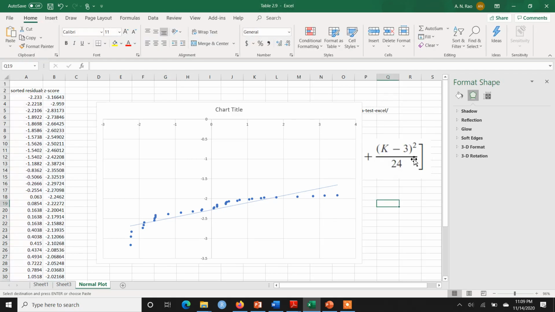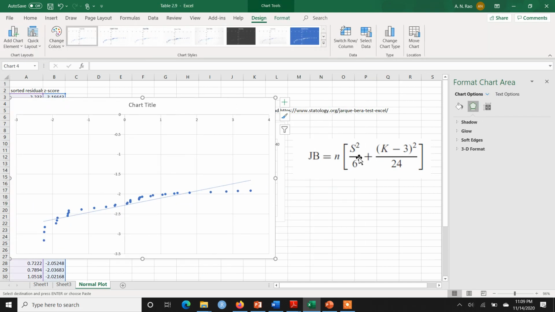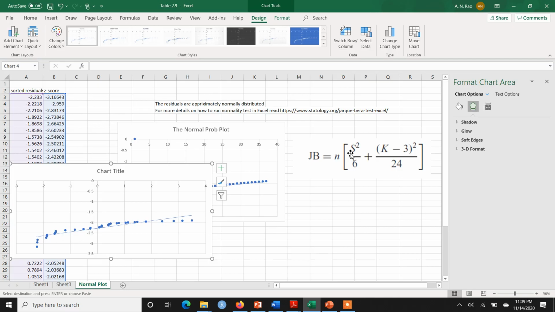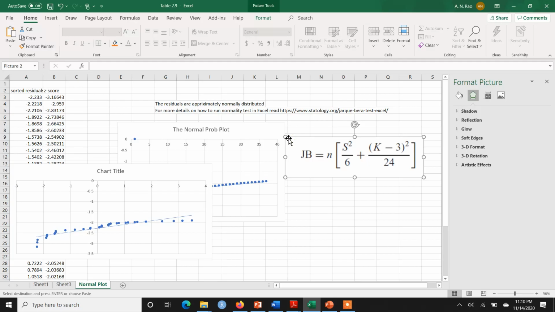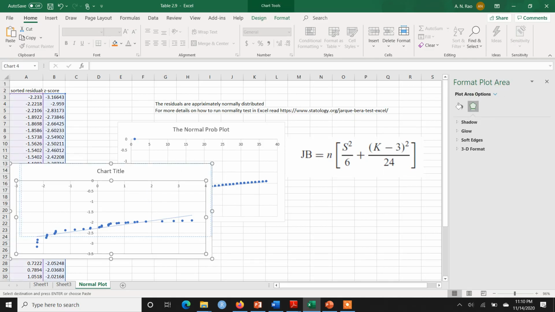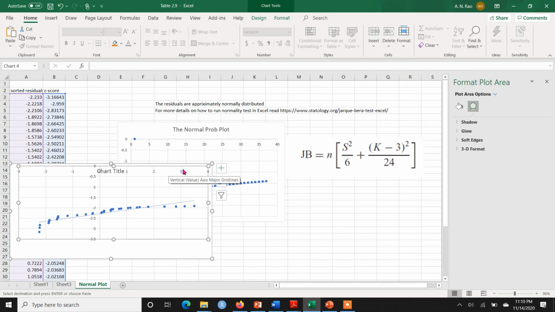So this is how we can test the assumption of normal distribution in Excel. And by the way, I have shown one other thing here; you might be noticing that there is something extra on your screen. What is this? If at some moment you think that you can't rely just on a graphical approach and you want to run a statistical test that can tell you whether data is normally distributed or not, then the JB test or the Jarque-Bera test could be used.